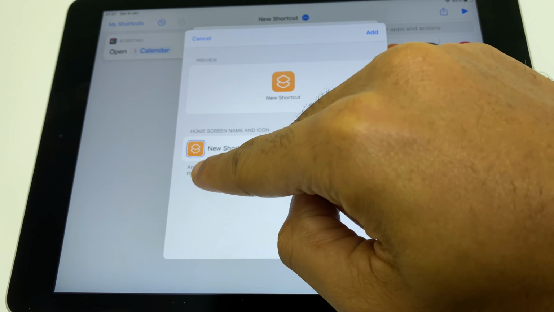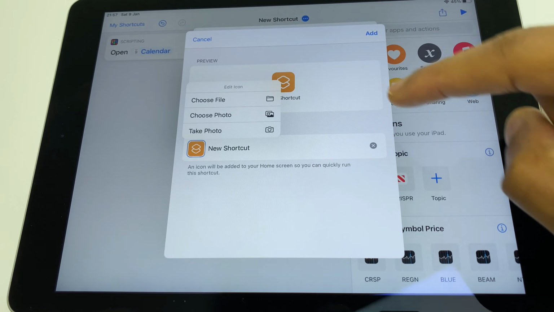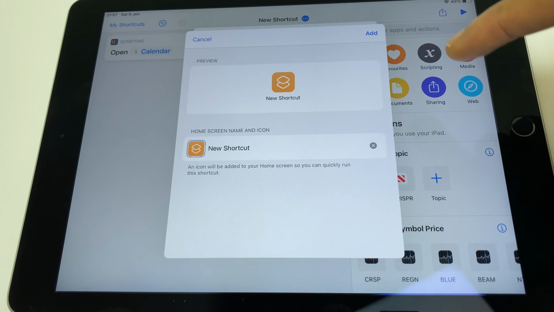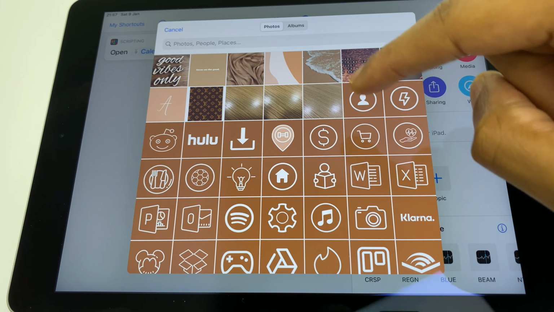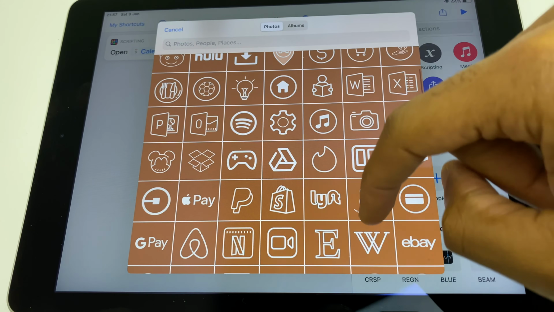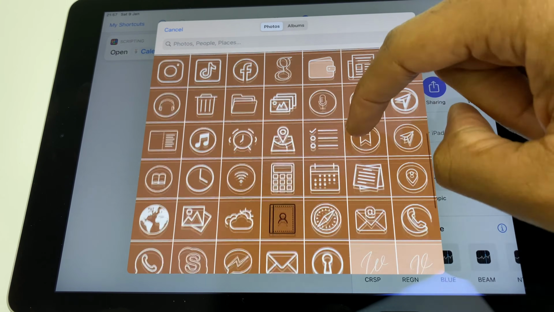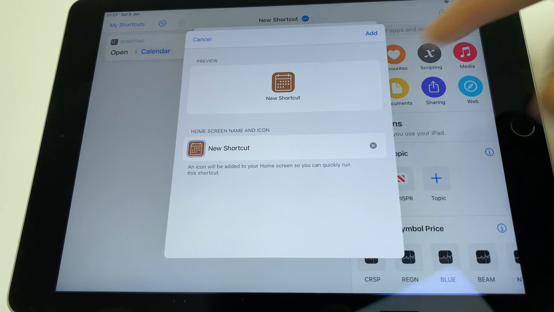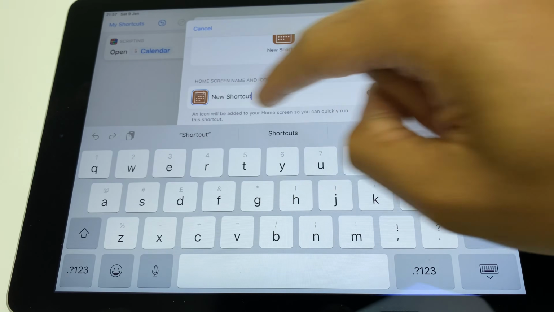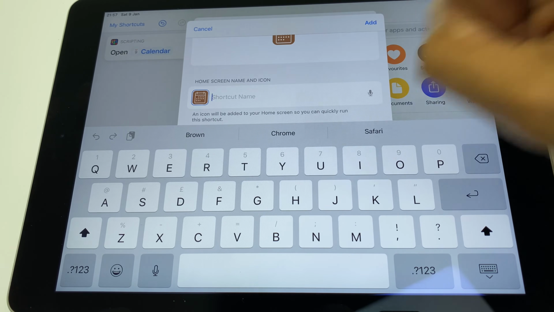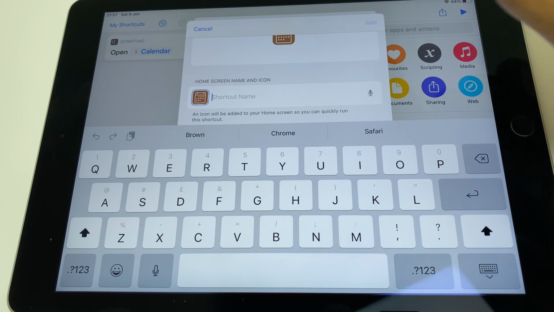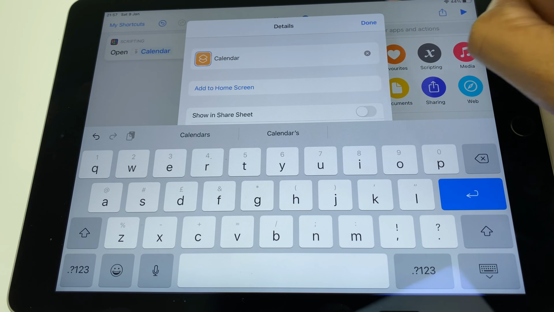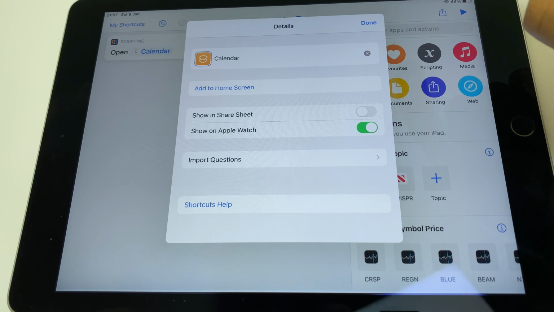Now here we want to press this little logo and choose a photo. You can choose a file, a photo, or take a photo. We go choose photo, and we'll find an icon that looks like a calendar. So let's just have a little scroll down. I think this one. So you can move and scale it if you wish. Click use, and just here you can type in the name, or you can press an X and it will have no name or just have the icon. Click add. It says that it's added the icon to the home screen, and if we click done here, it